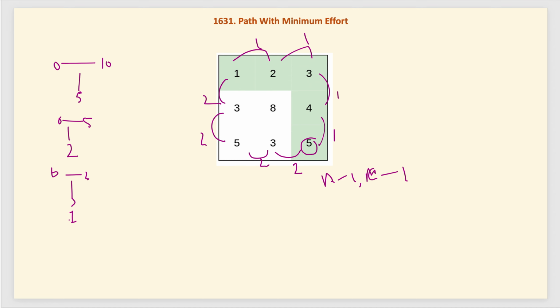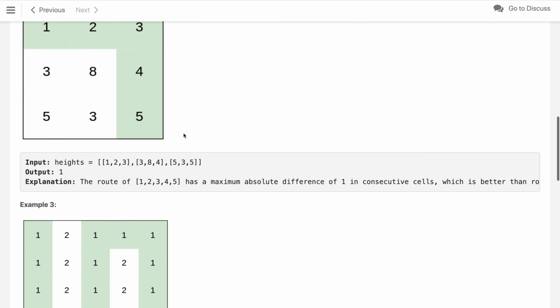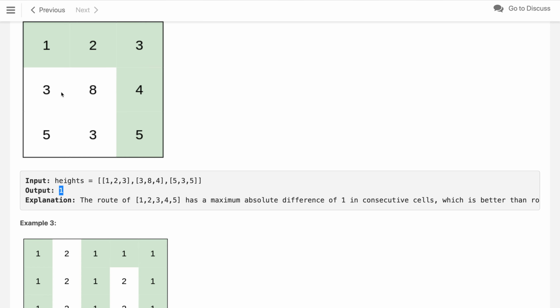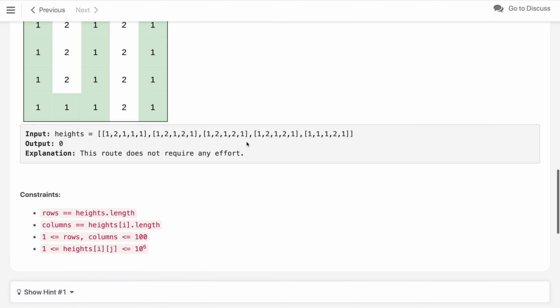So we reduce again, and this becomes 0 to 1. In that case we again check the limit 0, is there a path? No. So we update our L from 0 to 1, so 1 to 1, hence this loop will terminate, and the minimum effort needed is 1. So this is the second example, where I copy pasted the image, and the answer is 1 over here. So this is the idea of the binary search.